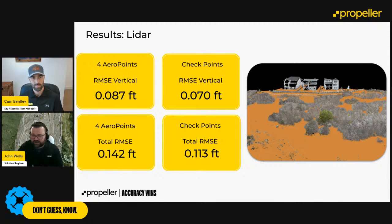So what we're looking at here, this is the eastern side of the map that we saw earlier. There's again a lot of brush and scrub over there. So the orange that you're seeing, that's the classified bare earth model from that data set. So you upload the LiDAR data set. We're going to clean up the noise. We're going to do the strip alignment. We're then going to classify that point cloud into ground and not ground. We're going to take that ground classified point cloud and then produce a 3D model that our customers are used